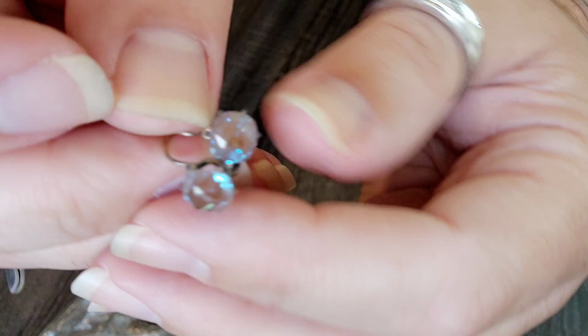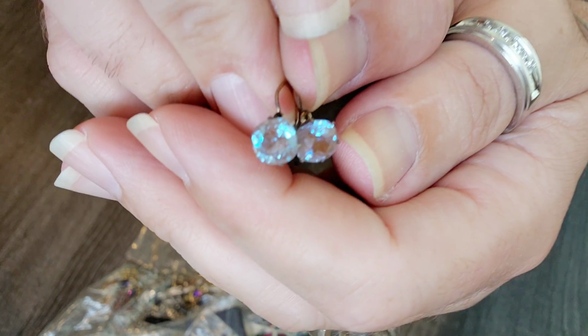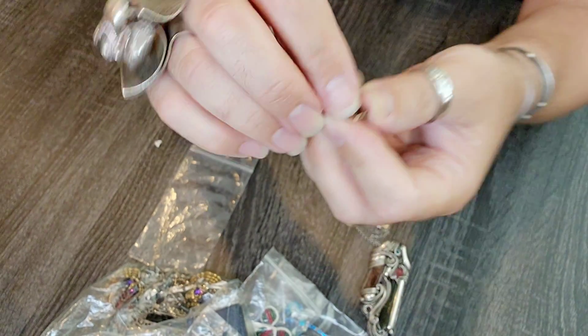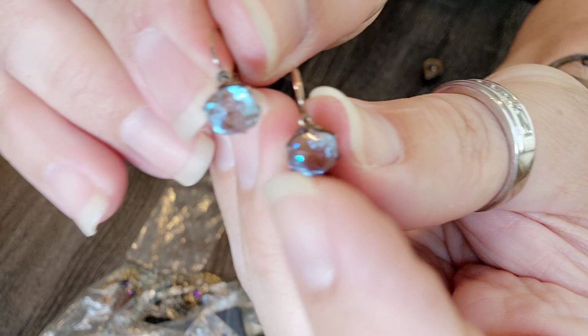And there's some people that say, well, I don't like it faceted. Boy, are you missing out. You are missing the boat. And then on these, as earrings go, they're probably the finest you'll ever find. So those were